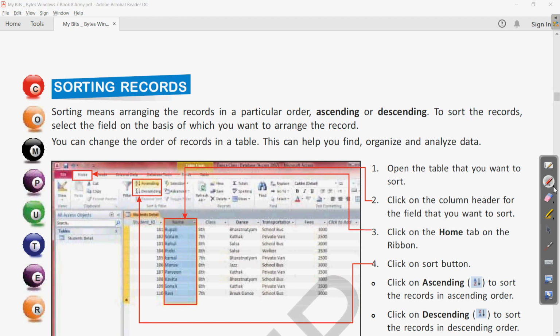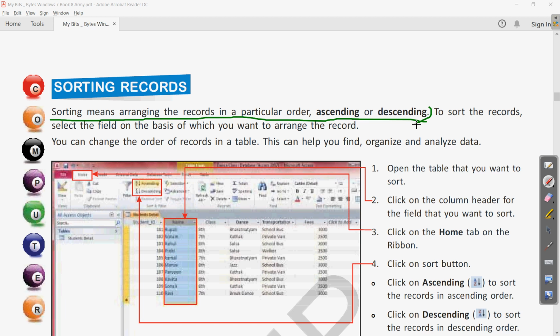Sorting means arranging the records in a particular order, ascending or descending. Clear? This much is the answer of sorting: sorting means arranging the records in a particular order, ascending or descending. So this is the answer of the first part, that is, what is sorting.